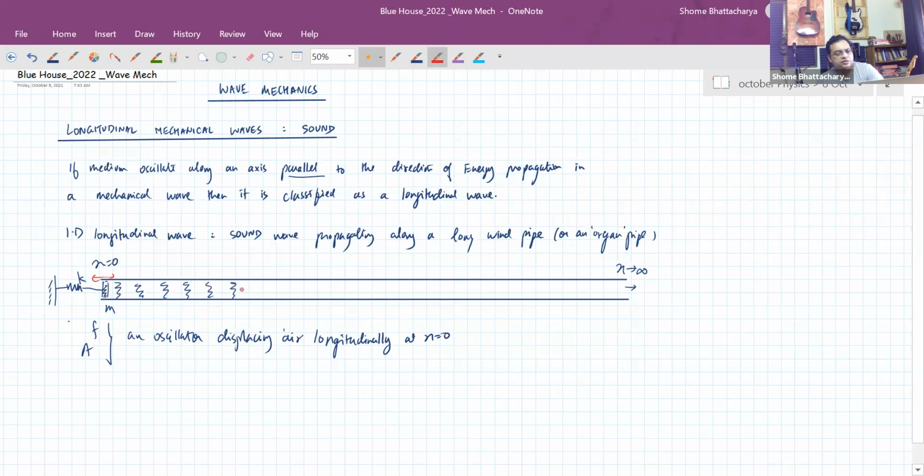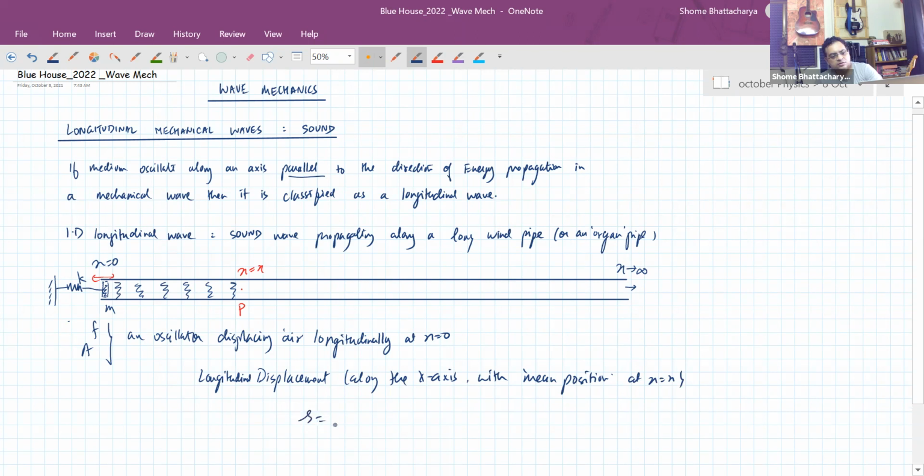So at any general point x equal to x, at any point p like this, the displacement, or what we call the longitudinal displacement, which is along the x-axis, from the mean position at x equal to x, becomes some amplitude into sine omega t minus kx plus some phase constant in general if it's traveling along the positive x direction,